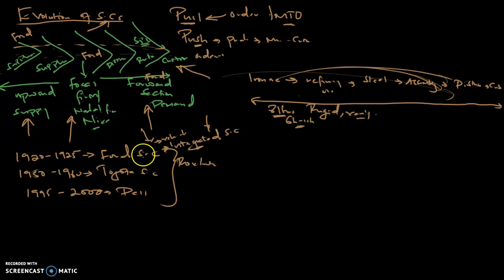Now, you go to the second revolution, which is the Toyota supply chain, and Toyota said, we are not going to own this section, neither are we going to own this section. We are only going to focus on the assembly. We outsource the distribution, then we outsource the supply section. But how they did it is different. They had what you call long-term relationships with suppliers, using what we call the Keiretsu